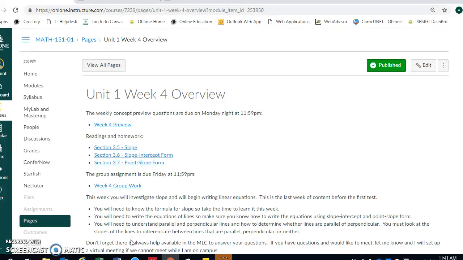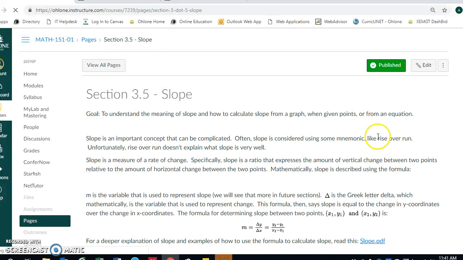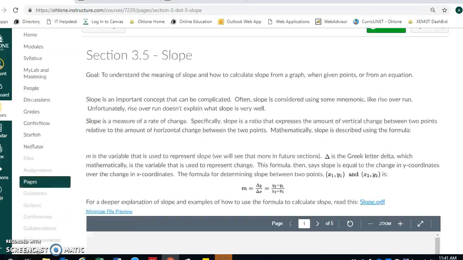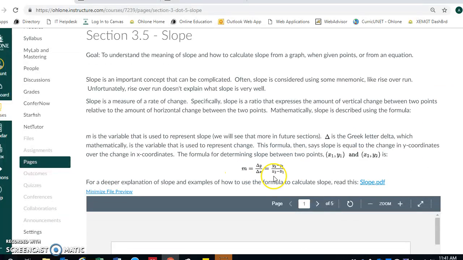First of all, you will need to know the formula for slope on the exam. So it's in the unit. If you scroll down, you will see kind of a concept of what slope looks like. The triangle symbol means delta. It's the Greek letter delta. It means change. And so this is a definition of slope as being the change in y divided by the change in x. You will need to know that for the test, so make sure that you